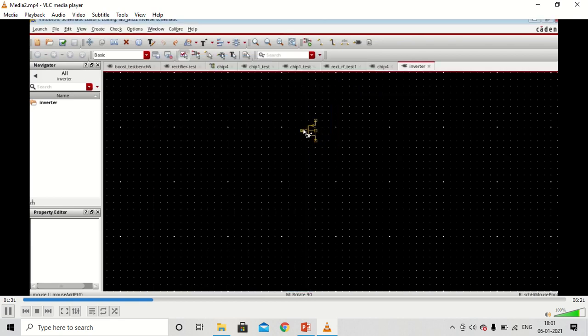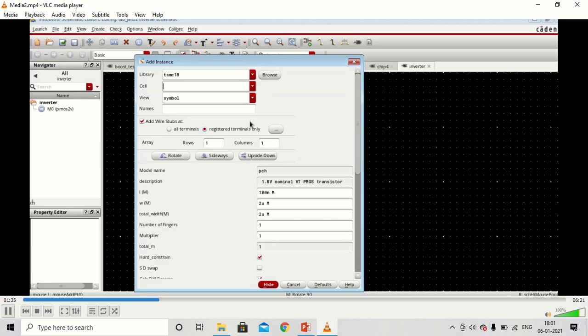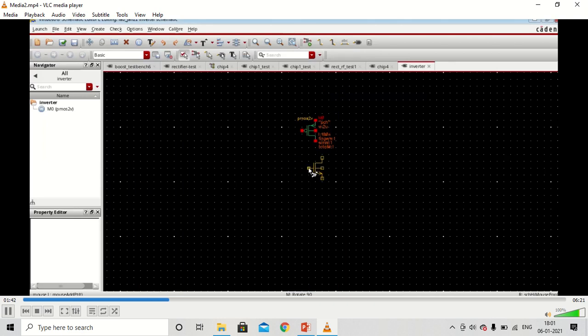So we'll place our PMOS. Next, in a similar way, we will instantiate the NMOS 2 volt. You press I and search for NMOS, and the NMOS symbol comes up.